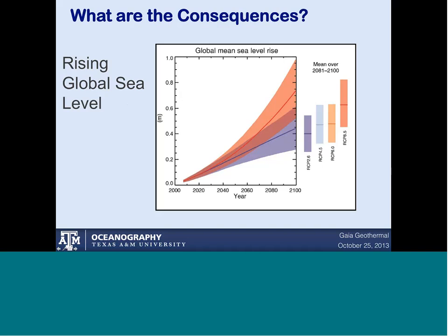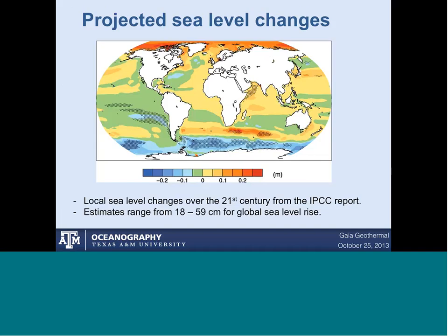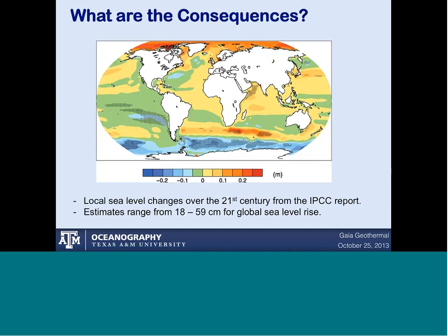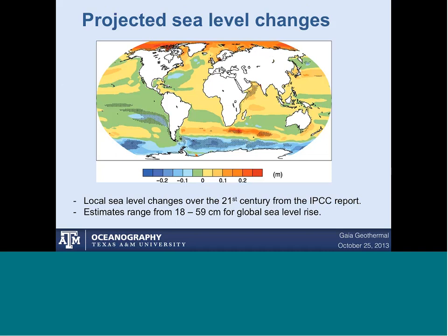And so if I draw a line here through the most likely scenarios, remember the middle two, and then take the errors associated with them, you're looking at a sea level rise on the order of, this is in meters now, over 0.3 meters, upwards of 0.6 meters. So more than half a meter of sea level rise, which is very significant. And in reality, probably it won't be even throughout the entire world. This is also from the